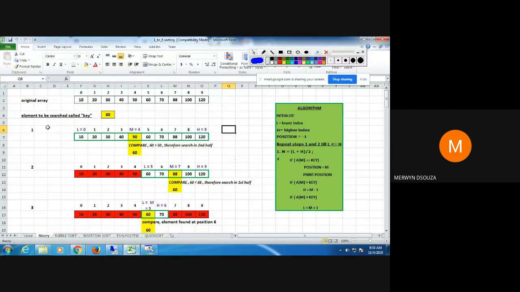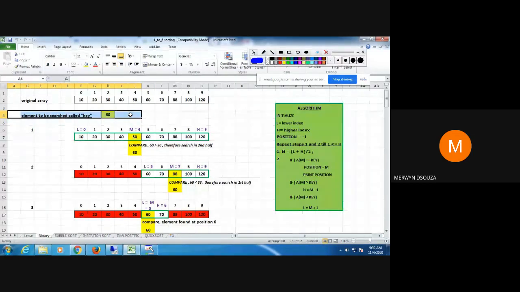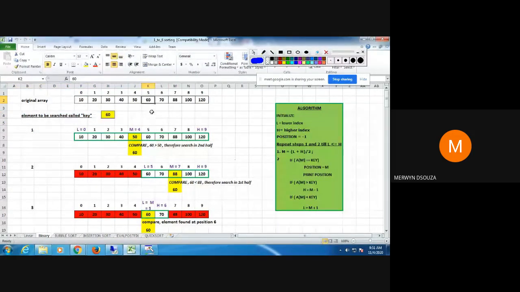So assuming that these are the numbers given to you, and you're searching for 60, the key, the element that you're searching is 60. I can see that 60 is present at position 6 or index 5.